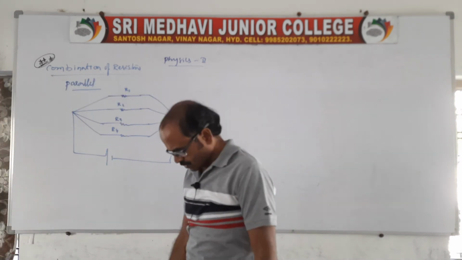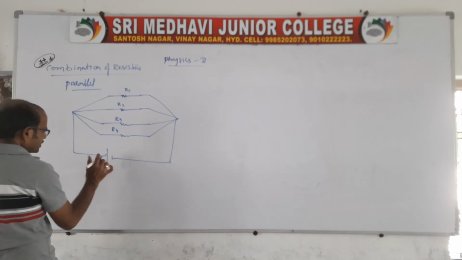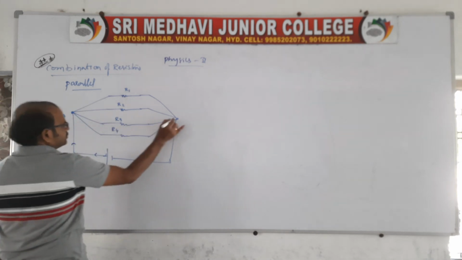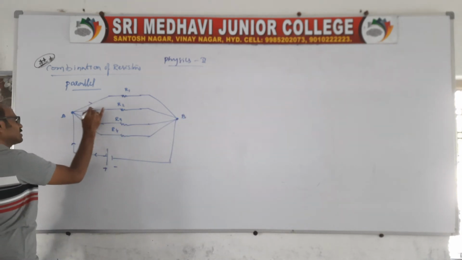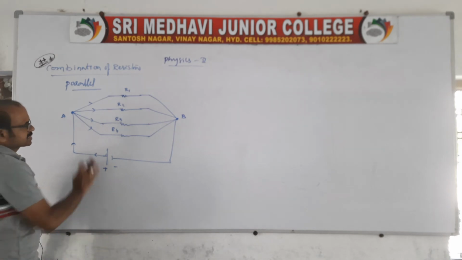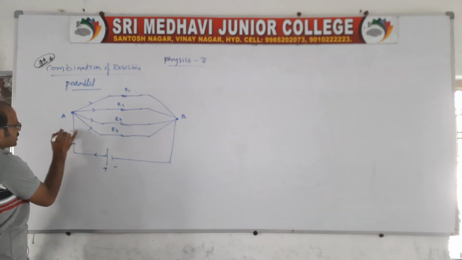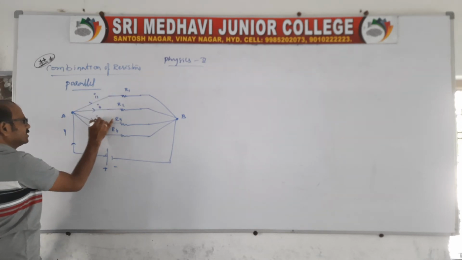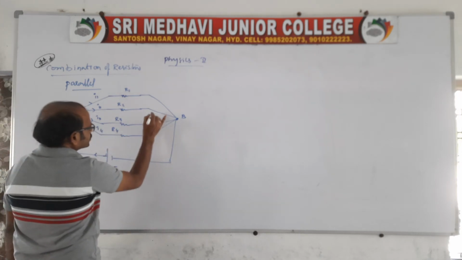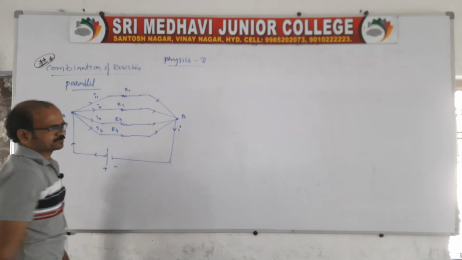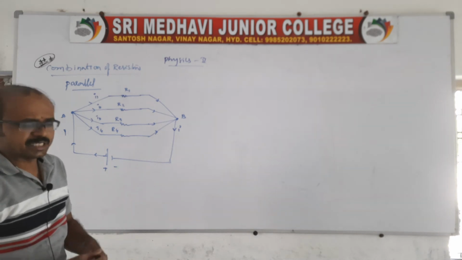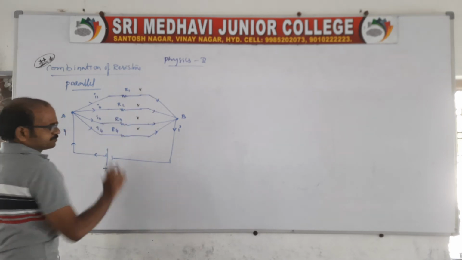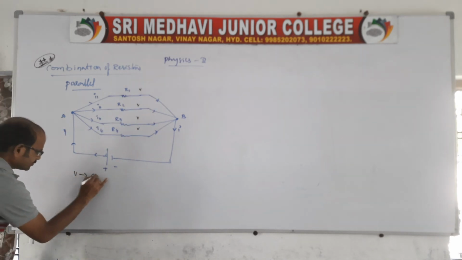So in this parallel combination, what is happening? Positive, negative, therefore a current I enters at a junction A. At this junction, the current is divided like this. At a junction the current is divided as I1, I2, I3 and I4. Then it comes out again with the same I. And in a parallel combination, you remember the potential difference is the same, V. So you say V is constant here.